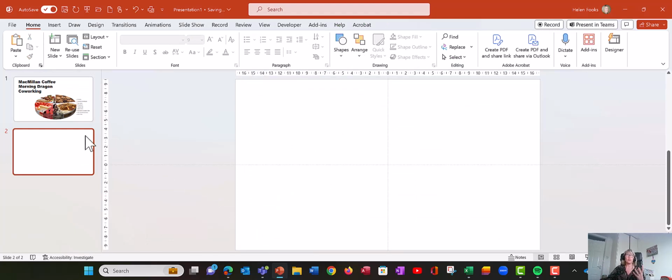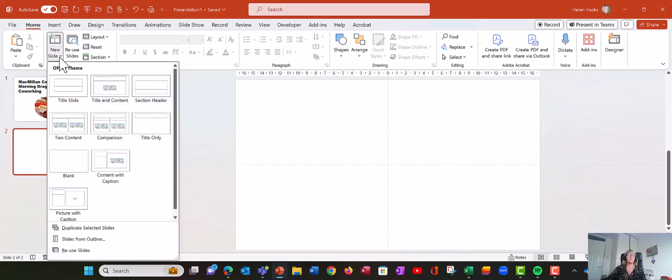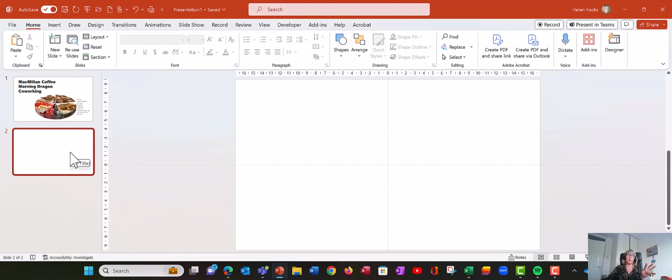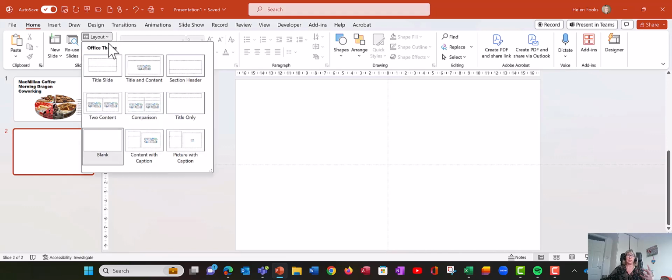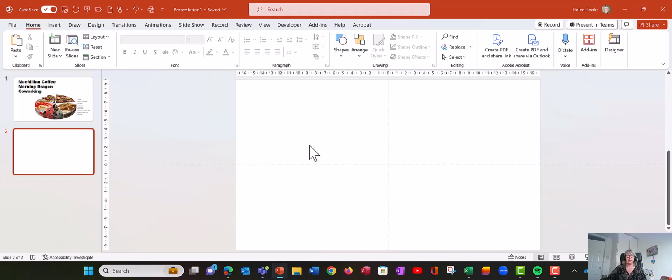If you're not sure how to choose a blank layout, by the way, you'd go to New Slide, and there's the blank. If you've chosen the wrong one and you think actually I want a blank, go to the layout button at the top, and in the layout you can change to different things, but I quite like the blank. So let's stick with the blank, and we're going to paste that chart that we copied